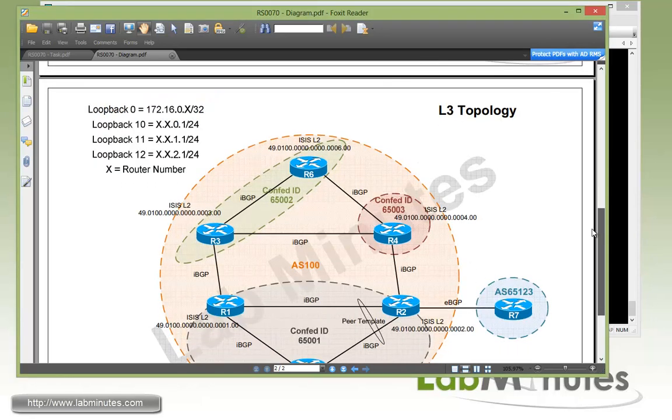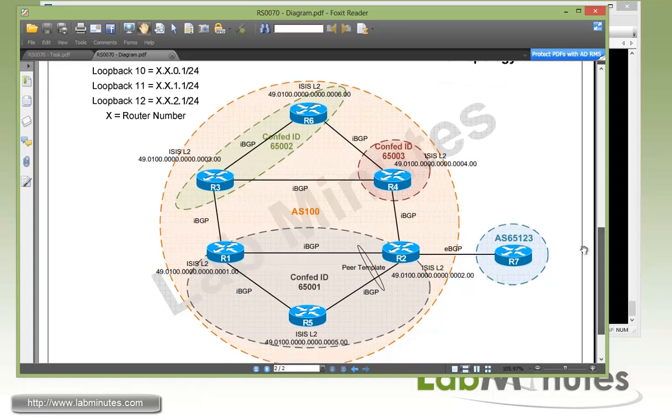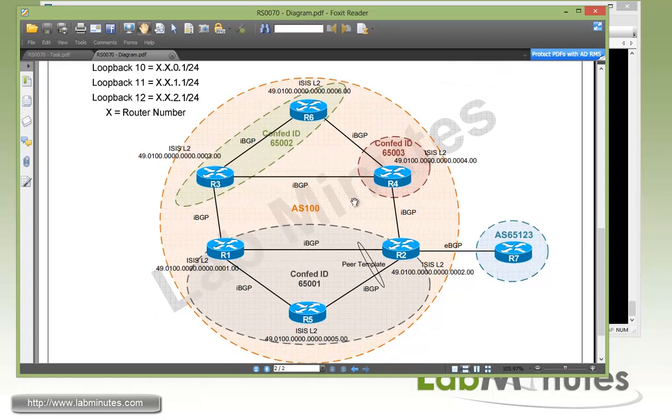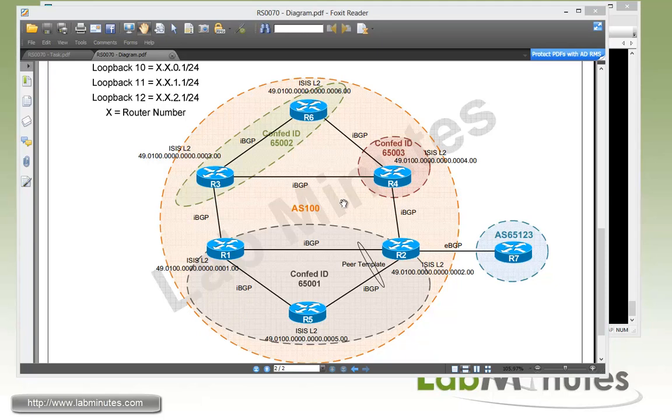Now, moving down to our layer 3 topology. The way that we have the routers grouped into confederations looks very similar to what we had in the previous lab videos, but instead of these being an autonomous system, it's what they call a sub-autonomous system with their own confederation ID assigned. This is just to show you that you can design your confederation topology in pretty much any way you like, and you have almost the same freedom as when you design an eBGP topology, with one of the main exceptions being that all these routers are still sharing the same internal routing